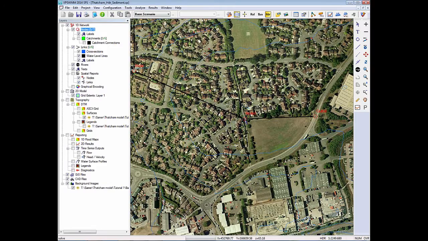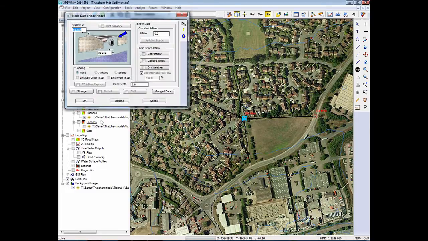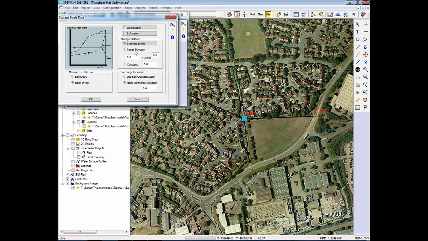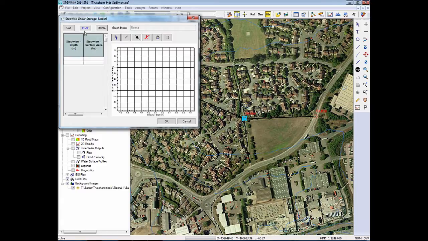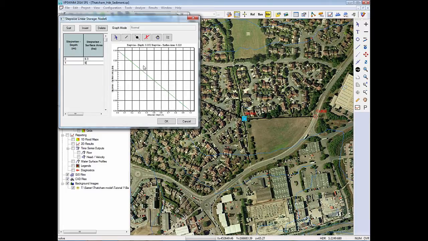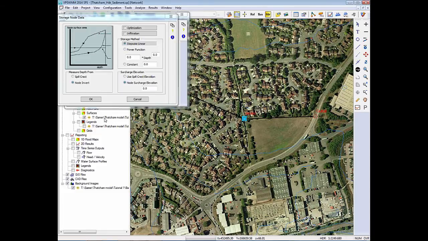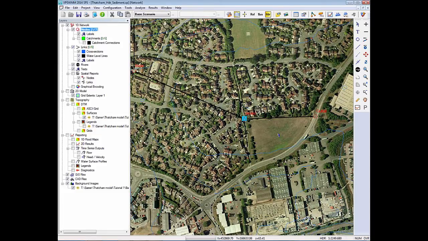So now what we can do here is add a pond in this area. So we can convert this node to be a storage node. If I double-click on this node and then click on storage, and then add the dimensions of the pond. So let's say we have a 1 meter pond and the surface area is 0.3 hectares. And if I say OK to that, we will notice that we have this triangle indicating that we now have a pond here. And if I analyze the model again,